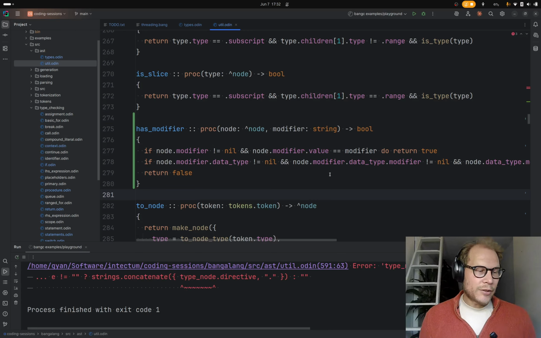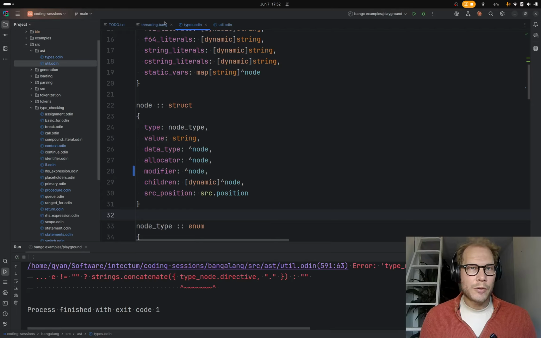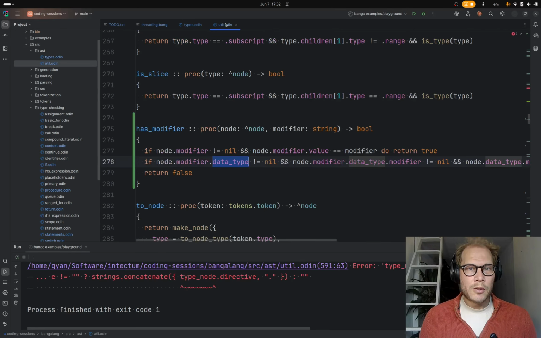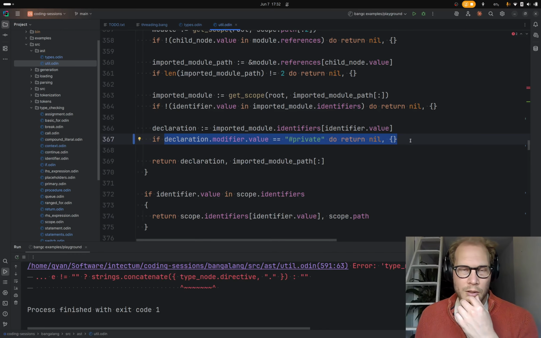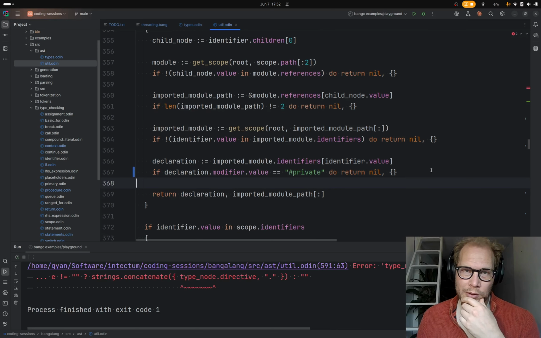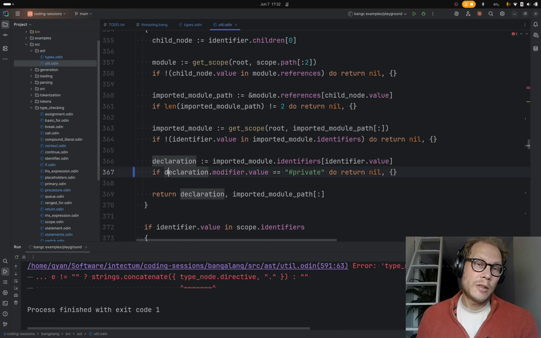Now an extra added thing here is maybe in some cases we don't want to check the data type. So where were we checking just before? Here. In this case, we're checking if something is private. So this could be the declaration of a value, which could be private, and so okay, we want to not return it.